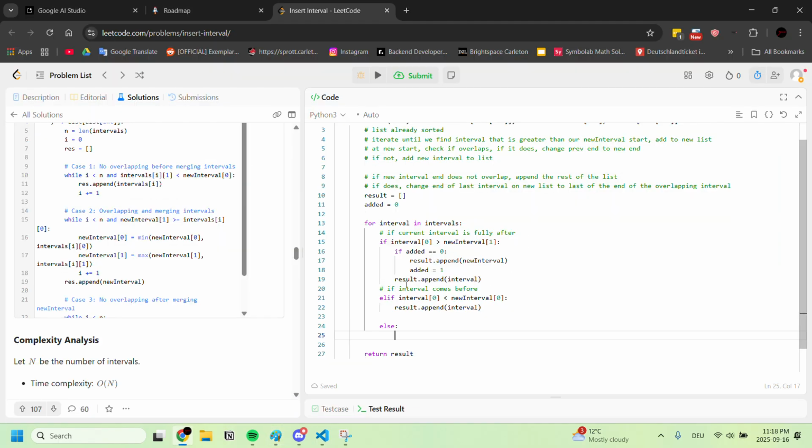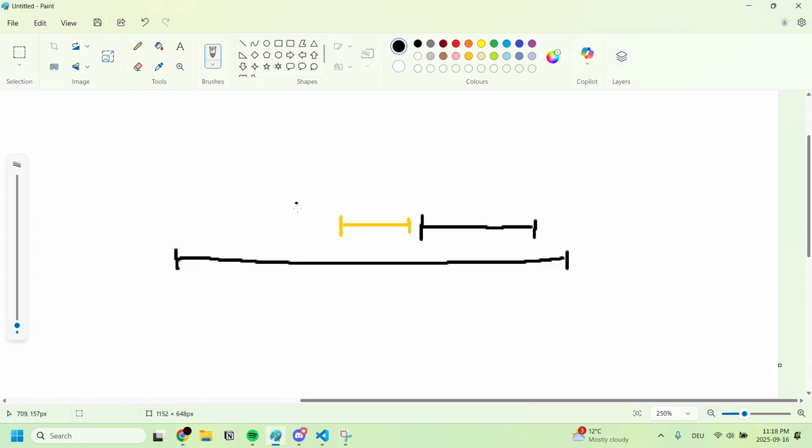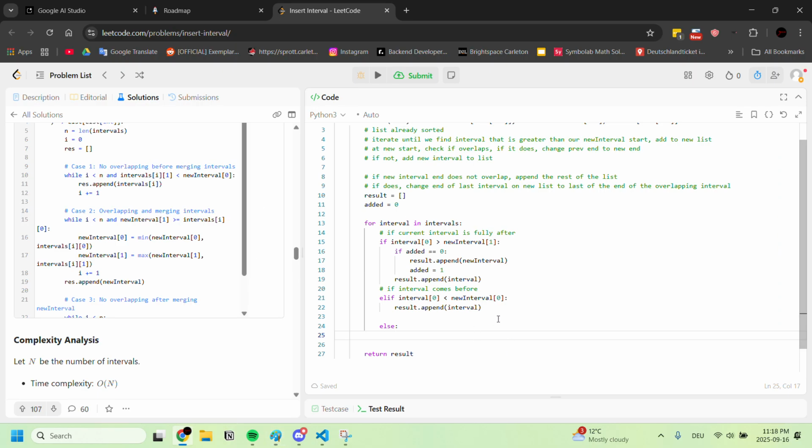And then we're saying elif interval 0 is smaller than new interval, then we append interval as well. Because in this case, interval 0 will obviously not be smaller. Else,